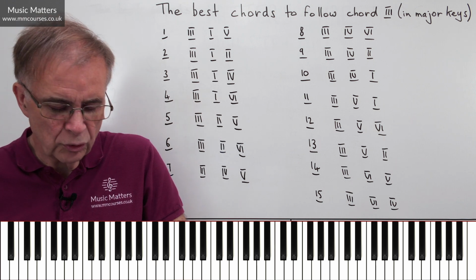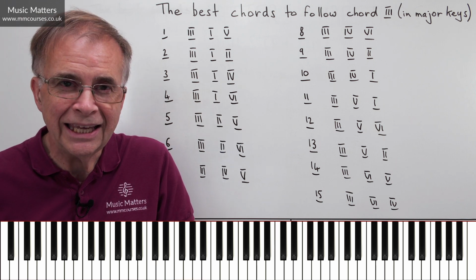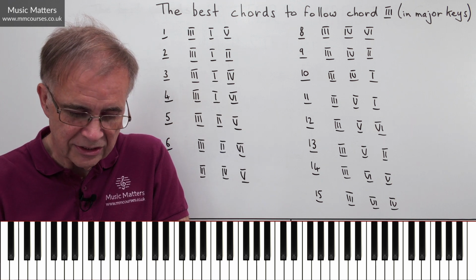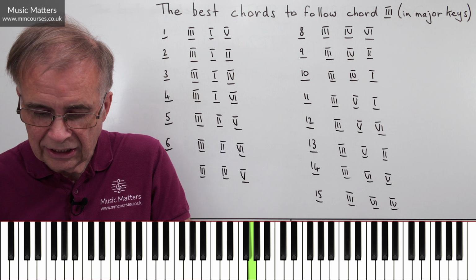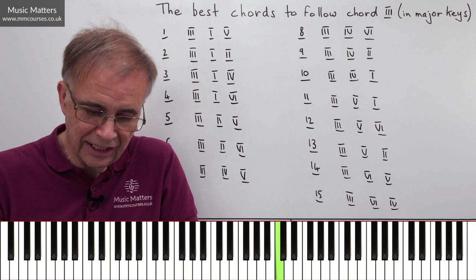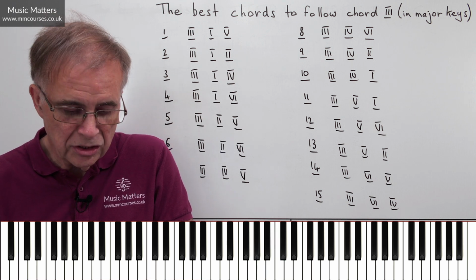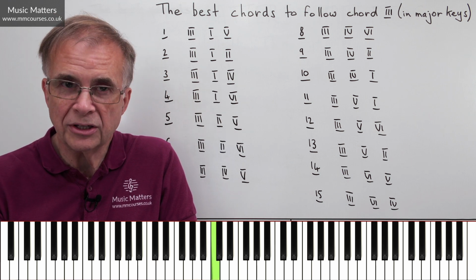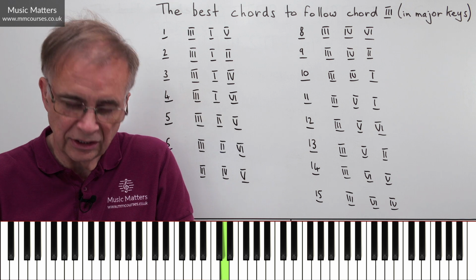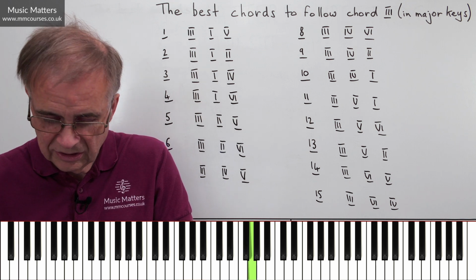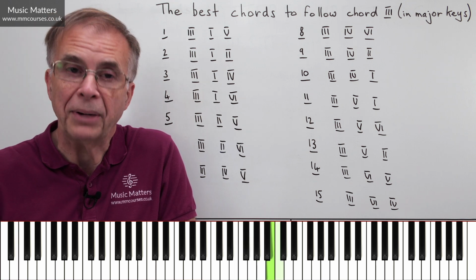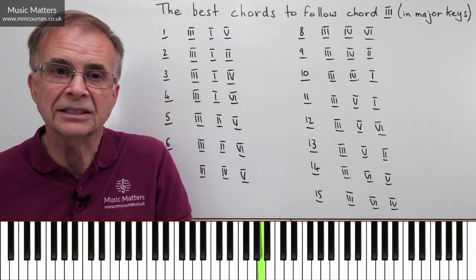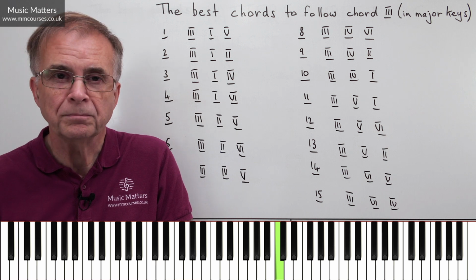So let me just run through this quickly. We're going to work in the key of C major. So here's the scale of C major. C, D, E, F, G, A, B, and then back to C again. Obviously, I can number off those notes as what we call degrees of the scale. First degree of the scale, second degree, third degree, fourth degree, fifth degree, sixth degree, seventh degree, back to the first degree. So 1, 2, 3, 4, 5, 6, 7, back to 1.